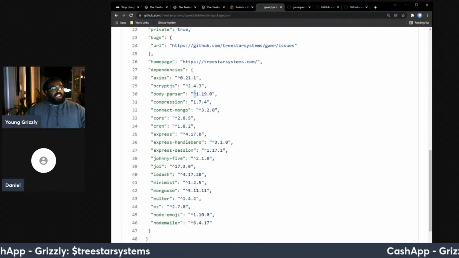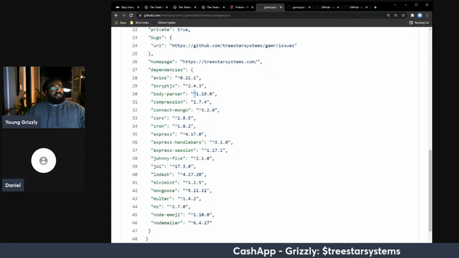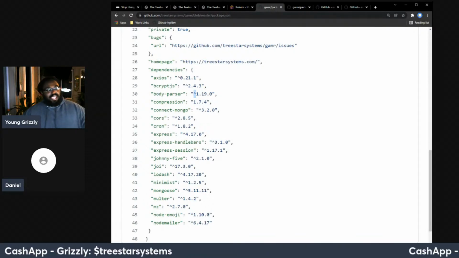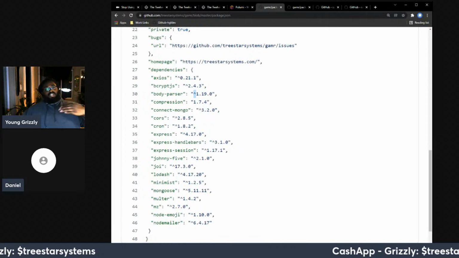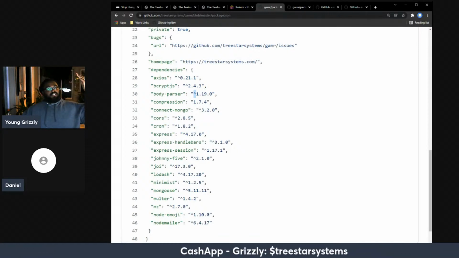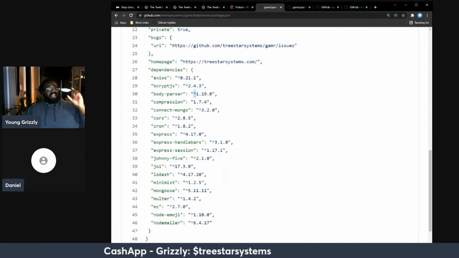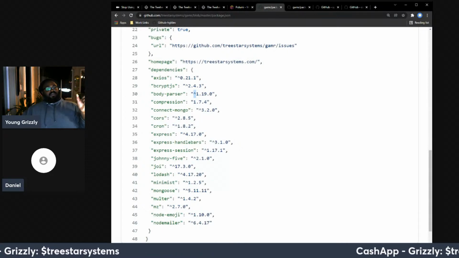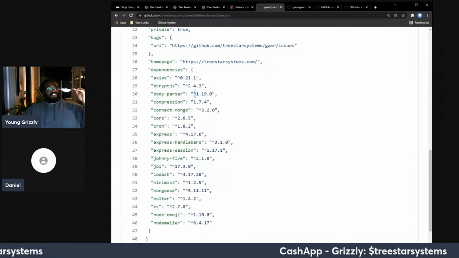Whereas if I have the caret, that tells me I need any version above 1.19, so I can't go any lower. So I can't downgrade a package. I can only go to that revision and higher in some cases, or if I just have the version number, I can only use that version.